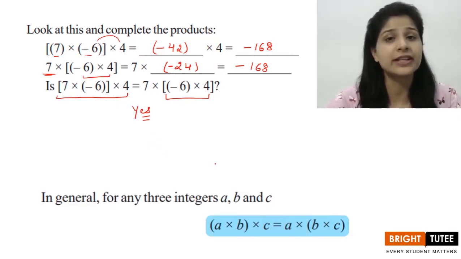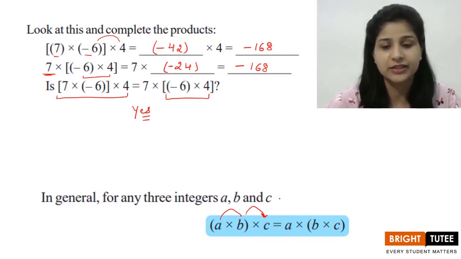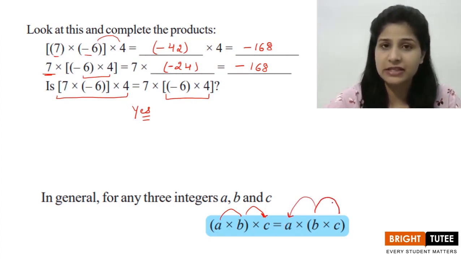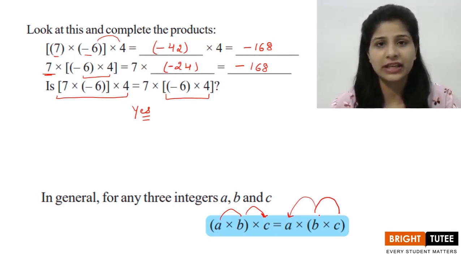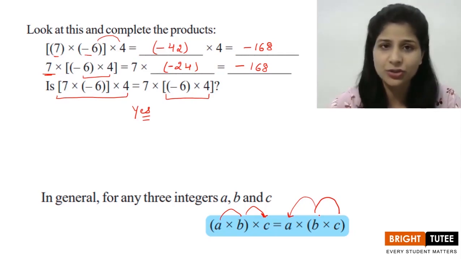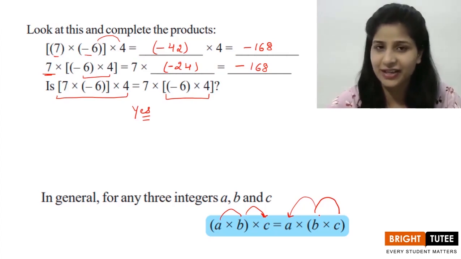So what we can say, if we have three integers, we can multiply the first two and later on the result with C, the third integer. Or what we can do, we can multiply the last two integers and multiply the product with the first integer. We are always going to get the same answer of multiplication. It doesn't make any difference if we multiply the first one with the second one or the second one with the third one. The answer in the multiplication is going to be same. So yes, associative property of integers is verified now.